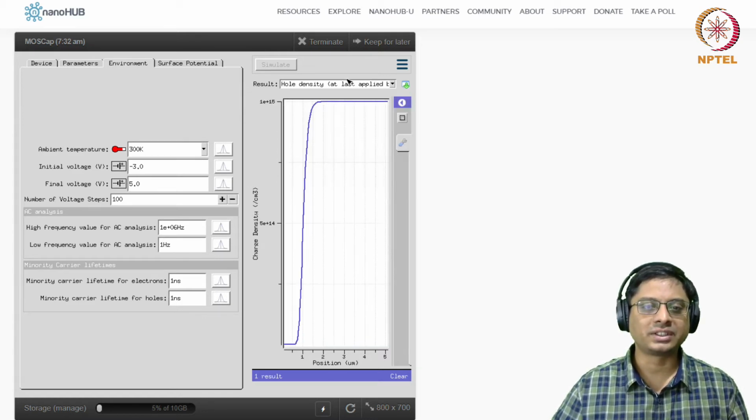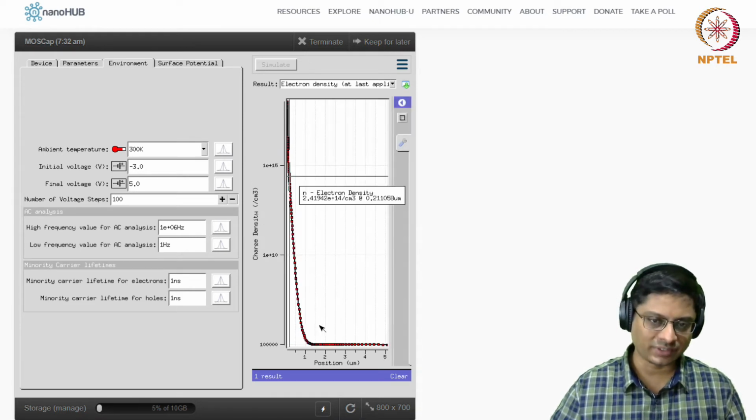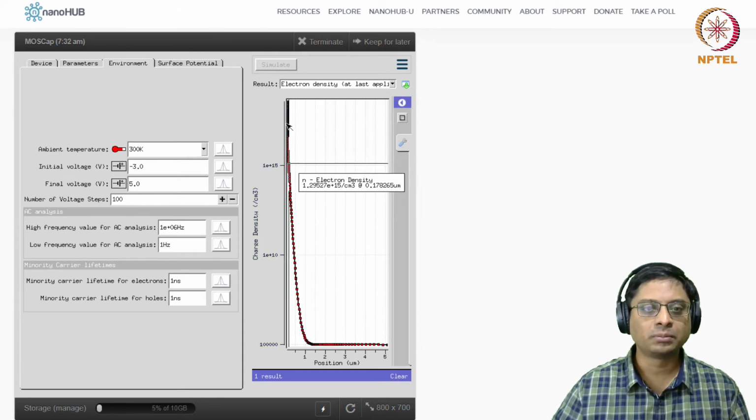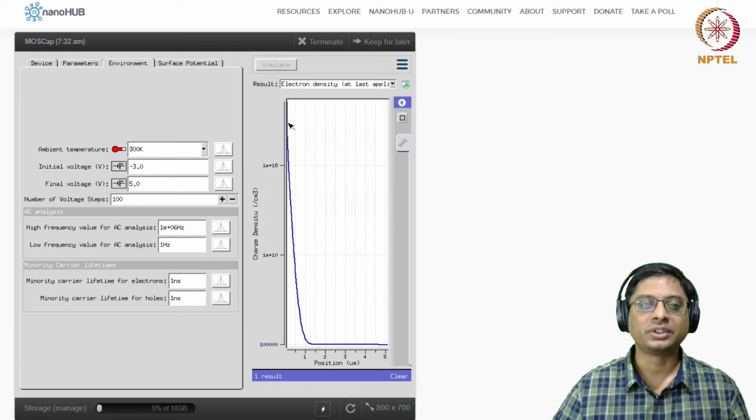So this is also the hole density at the last applied bias, at 5 volts gate voltage. It's fully depleted. And when I look at electron density, it is having 10 power 15. This is 10 power 15. So this is the background doping, but we have electron density close to 10 power 18. So 3 orders of magnitude higher. So you see 1000 times higher electron density at the interface.